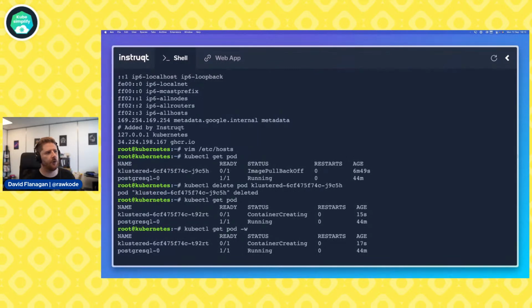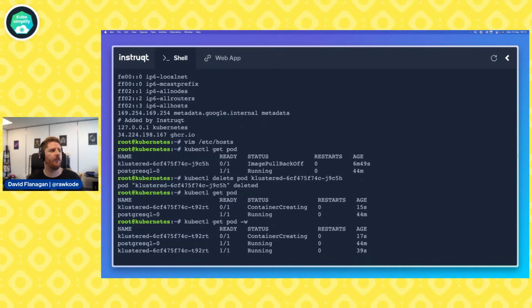I'm going to run kubectl with -w. The -w puts us into a watch. The API server is going to push any changes to these resources down to our local kubectl command. And we should see that once this Kubernetes instance has pulled the image, hopefully, we progress from container creating to a running pod. And in fact, right on cue, we can see now that Klustered is running.